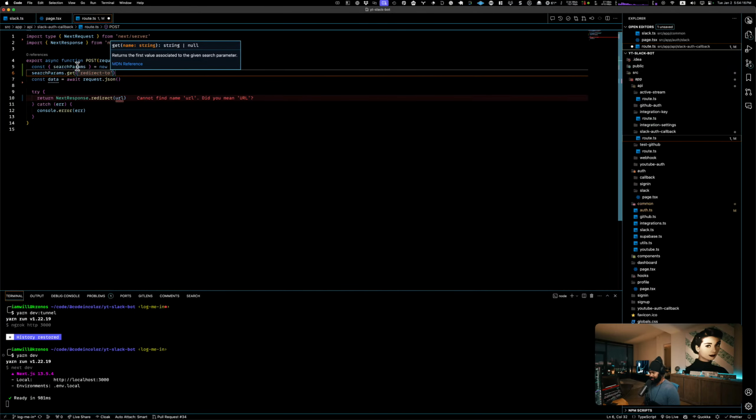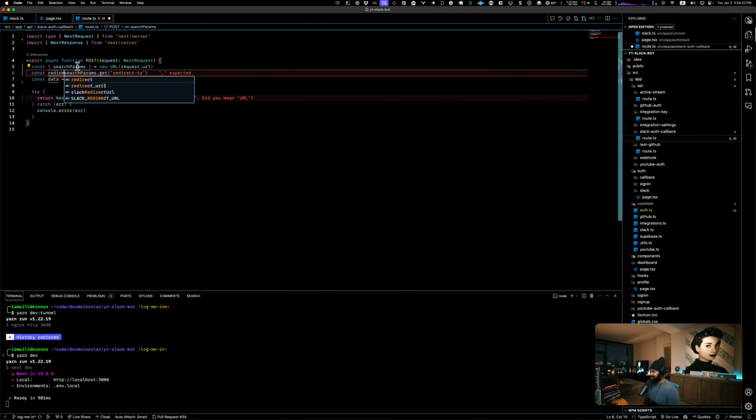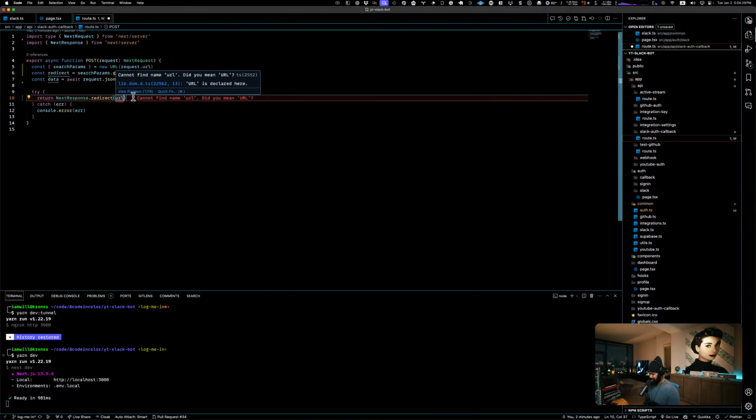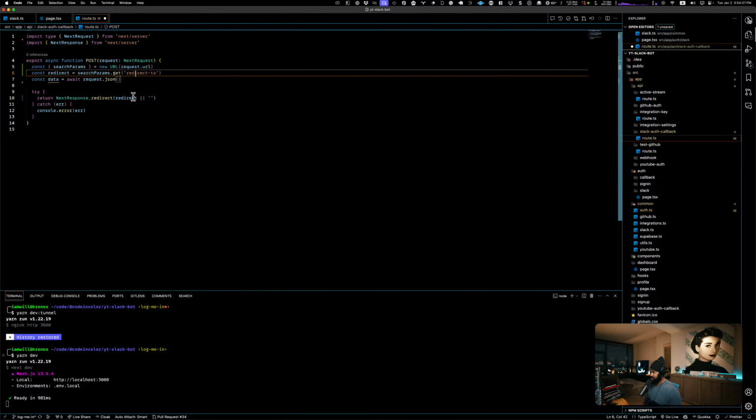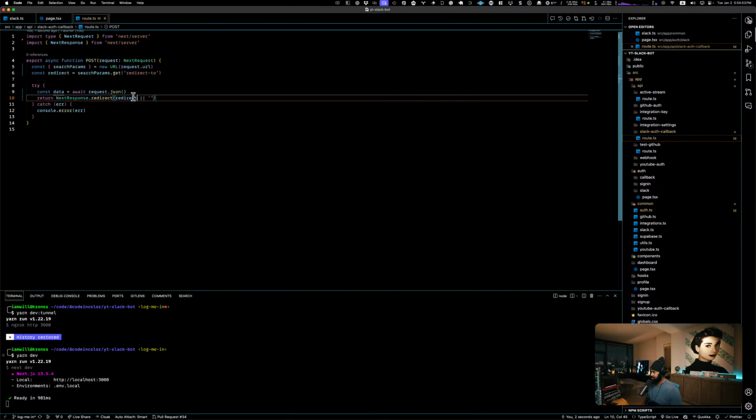And I don't know if this is how it's typically done, but it's how I'm going to do it. So we're going to call this const redirect. All right, and this could be null. So we'll say either go there or just go to this other thing that we're going to make up in a second. All right, so we're going to get our redirect. We're going to grab some data. I think that should go there. Okay, and then we're going to redirect to,